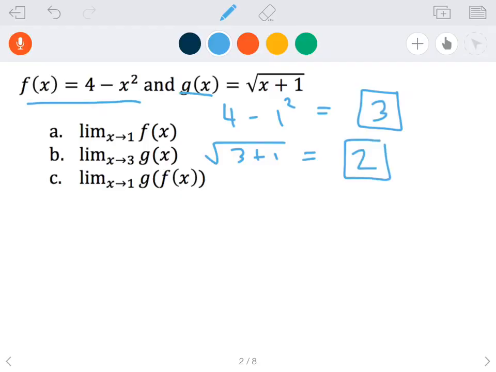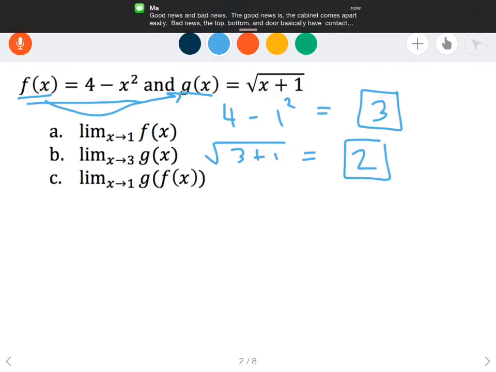And now here's the point of the problem, the composite function. The limit as x approaches 1 of g of f of x. Now I could go through the hassle of taking f of x and plugging it in to g of x and getting the actual composite function and then finding the limit, but we saw in the notes that there's a really convenient shortcut. What you can do is you can find,